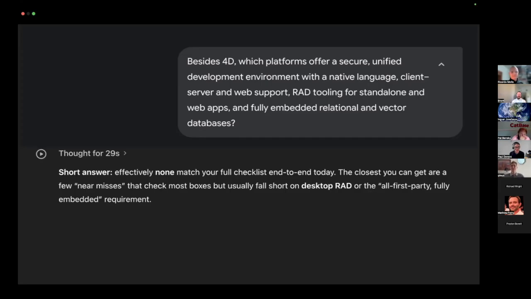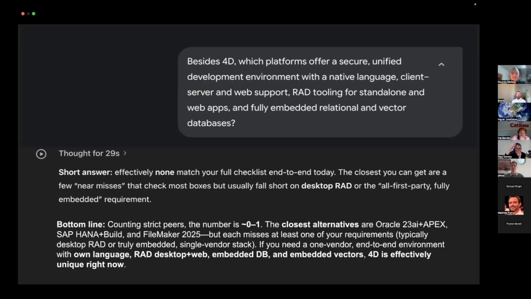Short answer, effectively none match your full checklist end to end today. The closest you can get are a few near misses that check most boxes, but usually fall short on desktop RAD or the all first-party, fully embedded requirement. And then it describes a bunch of vendors that are trying.